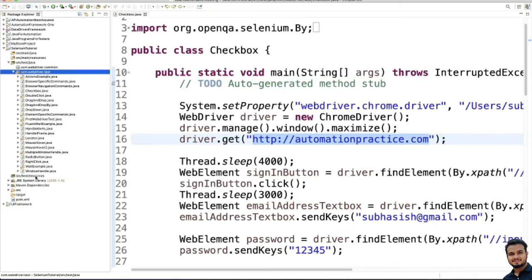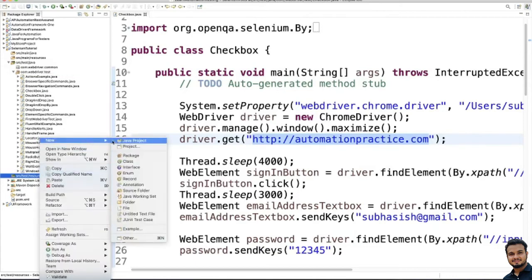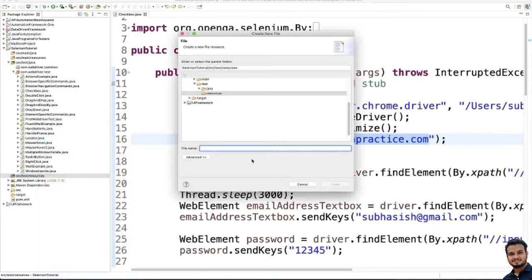But if you have to make a property file, you can put it inside src test resources. Just right click and new, then here you can see file, right? You can give any name, but make sure the file ends with dot properties. Okay, so name you can give anything, but it should end with dot properties.